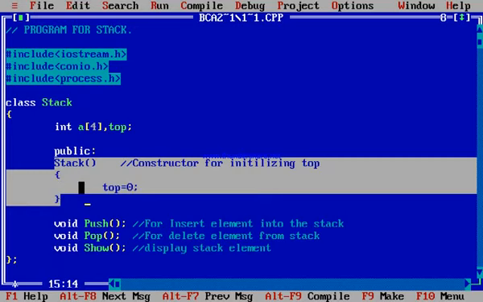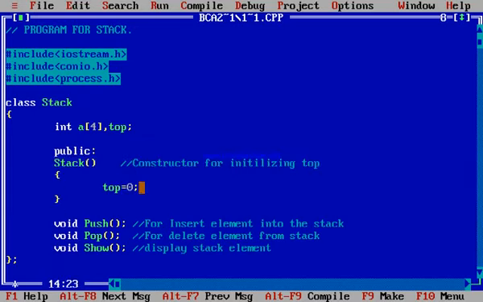Generally, constructors are used to initialize the variables, because the variables are not directly initialized here in the C++ programming language. So I declare a constructor here. Constructor means the name of the function and the name of the class should be the same. That's why here the name of this function is Stack, and in between that Stack function, that means in the constructor, we initialize the top variable as 0. Remember one thing, Stack is a constructor, that's why no return type is mentioned here.